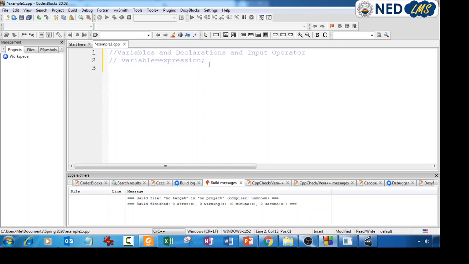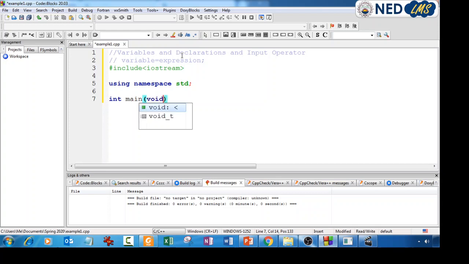Okay, so we're going to put some examples. First thing, I'm going to write the preprocessor directive, and we're going to include iostream. The code blocks actually puts out the suggestions. Just press tab to select that expression, or press the up and down keys, and then I'm going to write using namespace std. Since that's a statement, I'm going to terminate that with a semicolon, and then our main function, int main